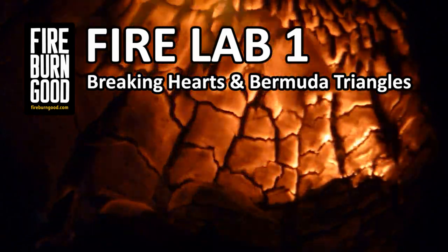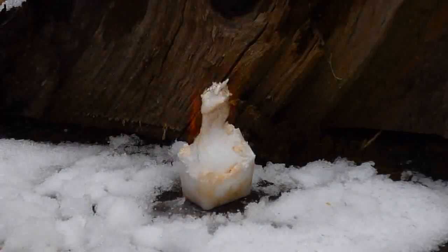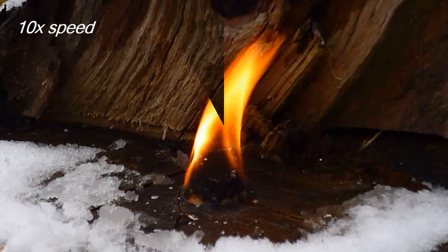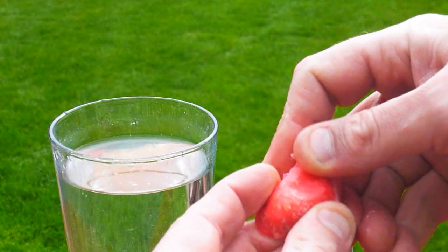Today in the Fire Lab, we'll be testing two new products from Fire Burn Good, Breaking Hearts and Bermuda Triangles. Here's our standard fire lighter for reference. It opens from the top, lights with a spark, and burns for 5 minutes to produce a hot coal that lasts even longer. Our new 2-in-1 and 3-in-1 fire lighters are equally water resistant, but you pull them apart to